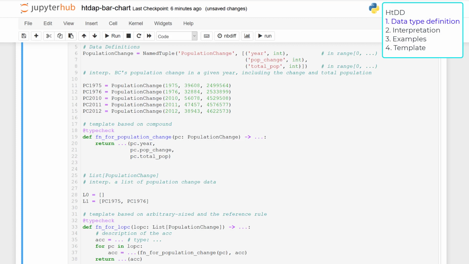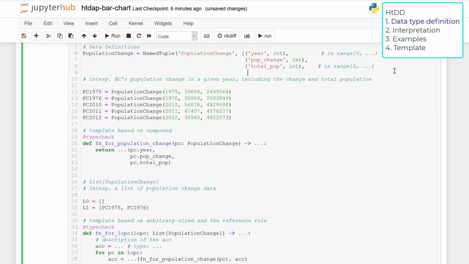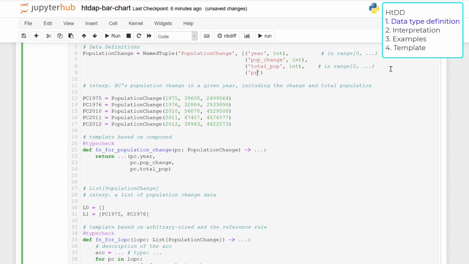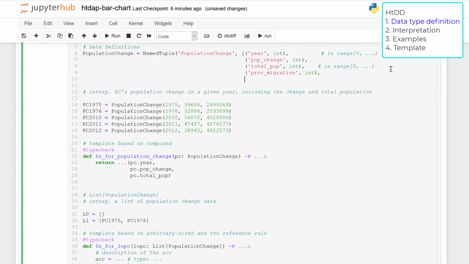First, we'll change the data type definition to include the interprovincial and international migration and their types. Both the interprovincial and international migration are integers.